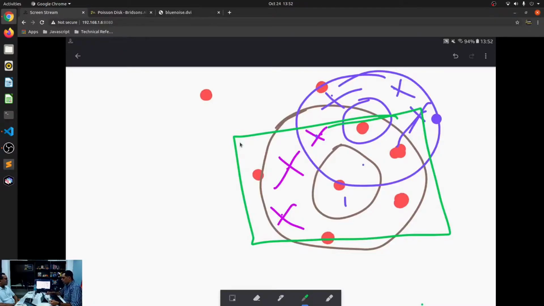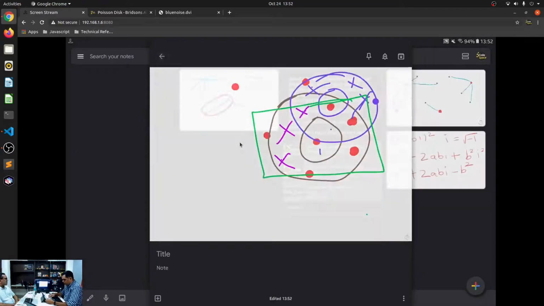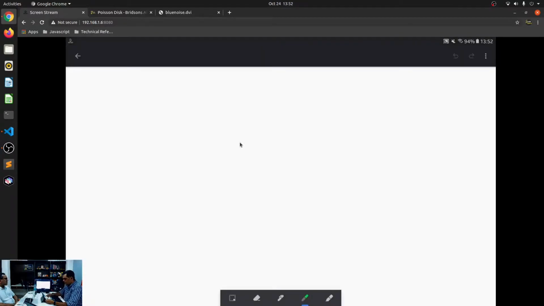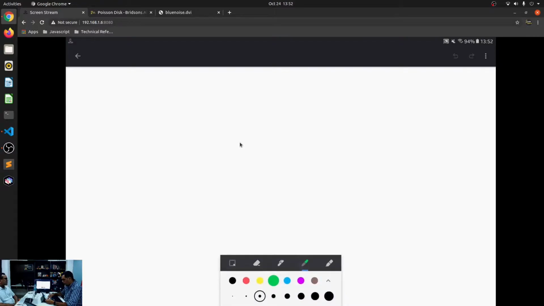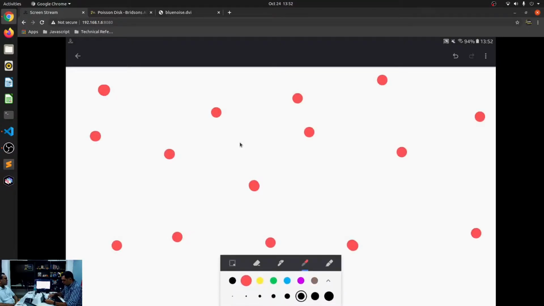So the new points that I'm generating, let me start with the new. Let's say I already have a lot of points established, a lot of active points. You can see that there are so many active points. And now this is an active point being evaluated. So I'm going to put this one and make it thin.